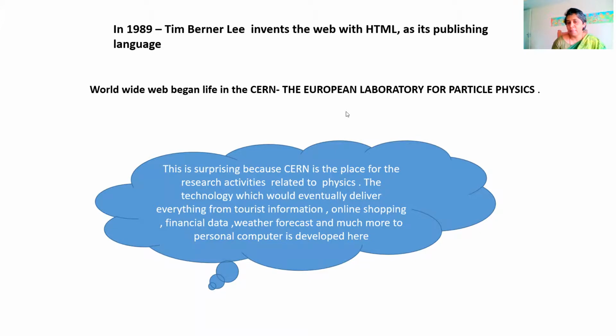Actually, this is a place related to physics, where a lot of research activities happen. Now, a technology which is not at all related to physics was developed in this place. Tim Berners-Lee was working there. The researchers wanted to connect with each other from different places to share their ideas. That was the main objective of inventing this particular technology.